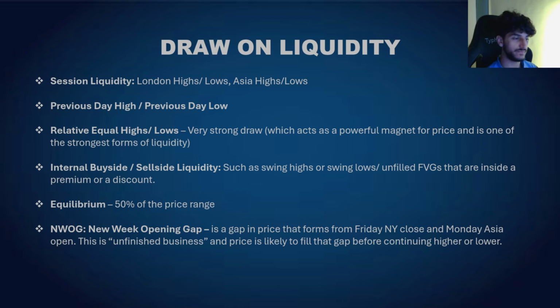Now, this is a very strong draw on liquidity, which acts as a powerful magnet for price and is one of the strongest forms of liquidity. Price usually always tends to take out these equal levels quickly. Now, we also have internal buy side and sell side liquidity, such as swing highs or swing lows, unfilled fair value gaps that are inside a premium or a discount, and equilibrium, 50% of the price range as well, is